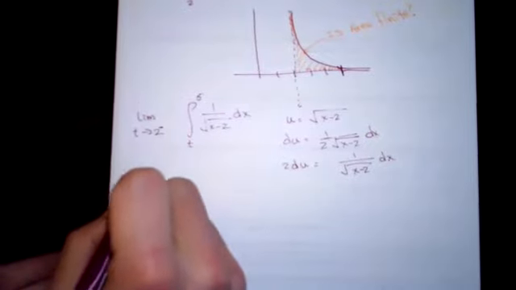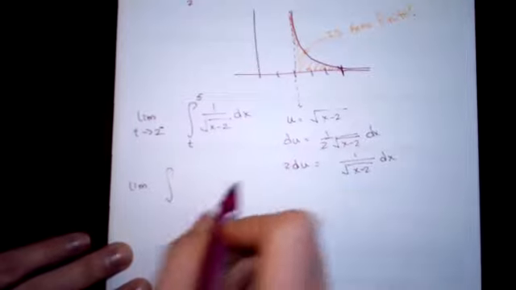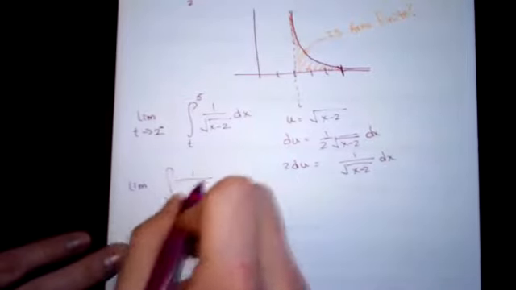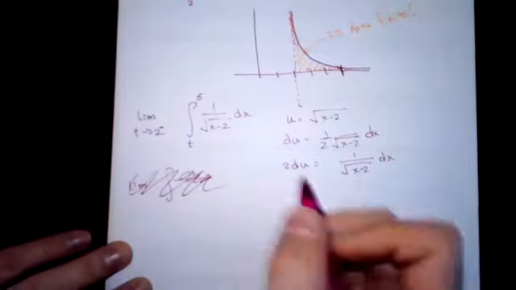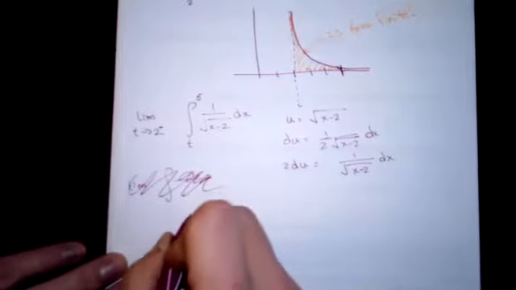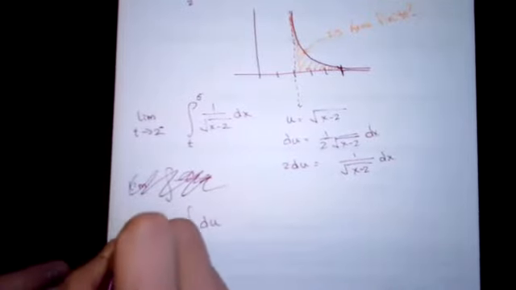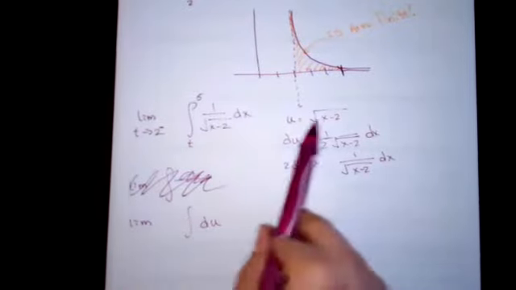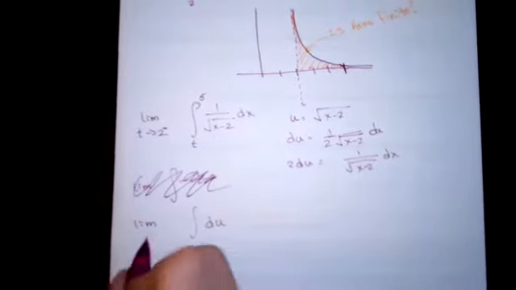So we still have our limit. Of course, these bounds were for x. And I just started writing that again. Sorry about that. Our substitution we make is just 2 du. I was just getting distracted with the limit. Limit as t goes to 2 from the left. You can fill that in if you want.